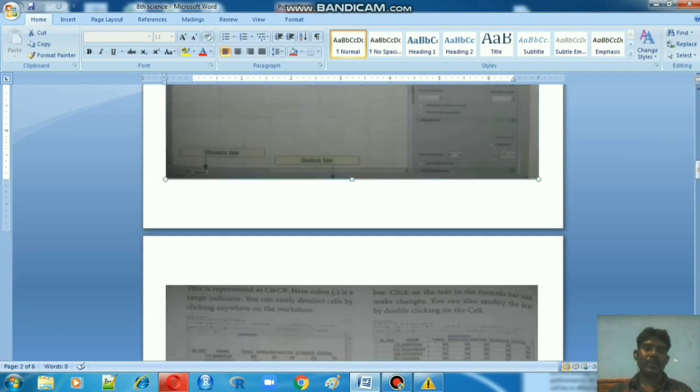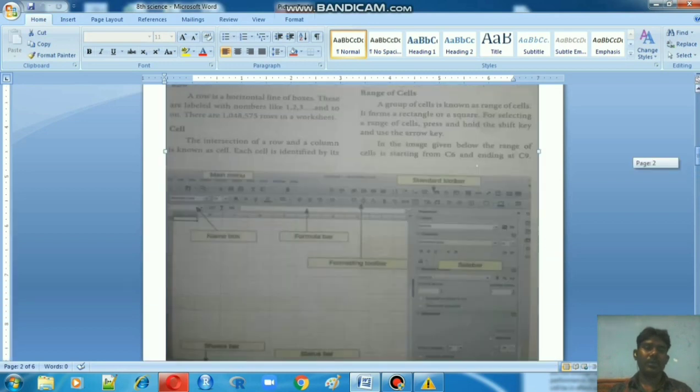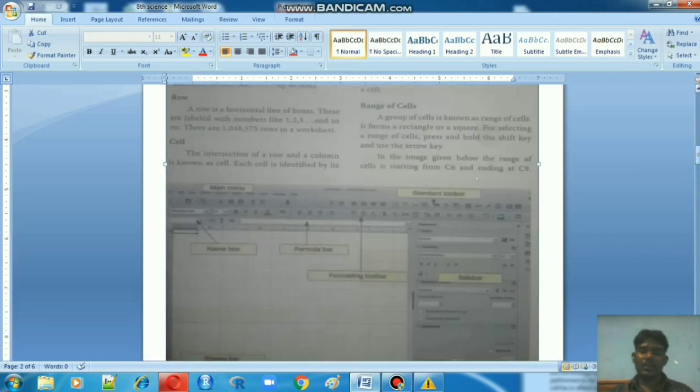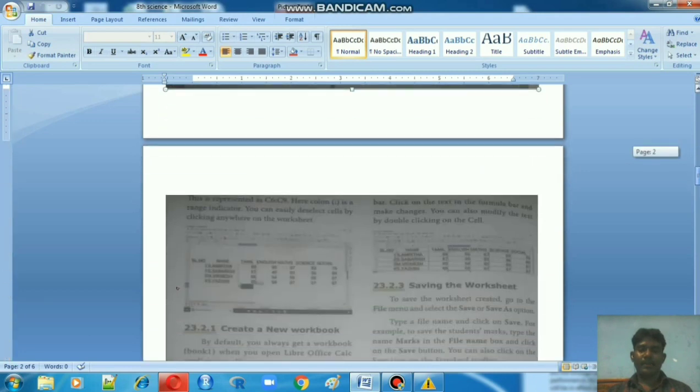Whatever you are selecting, you just have to click your mouse and drag down, or drag right or left or up. Okay, it will be selected. How much range you selected, that you can also see in this worksheet itself. Next one,